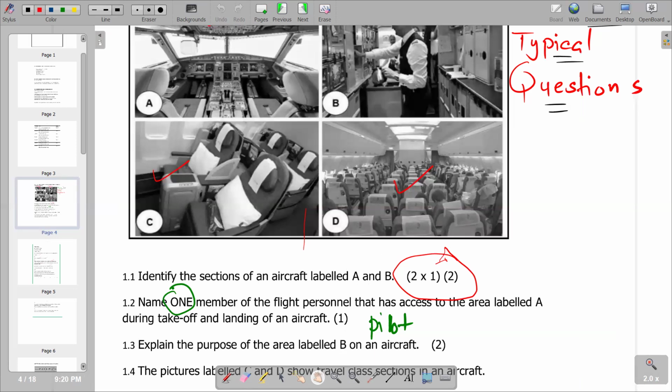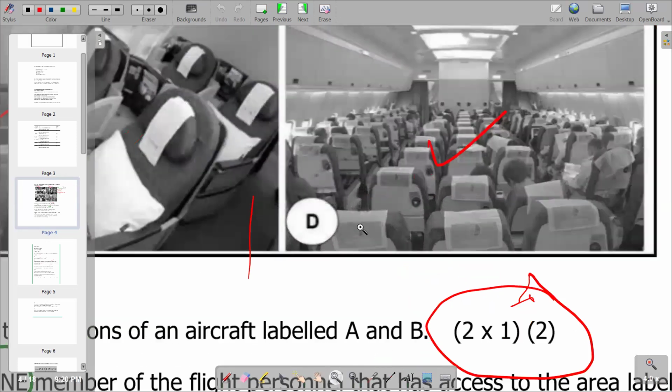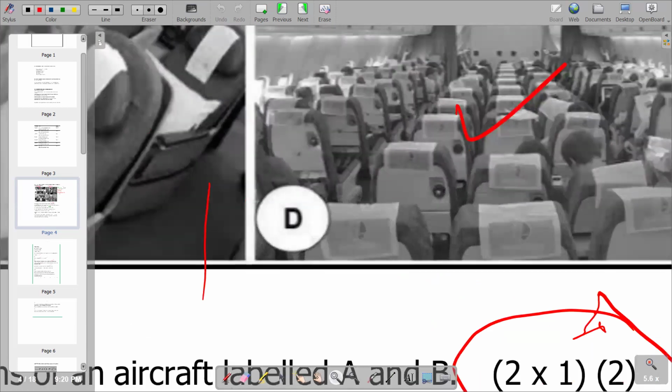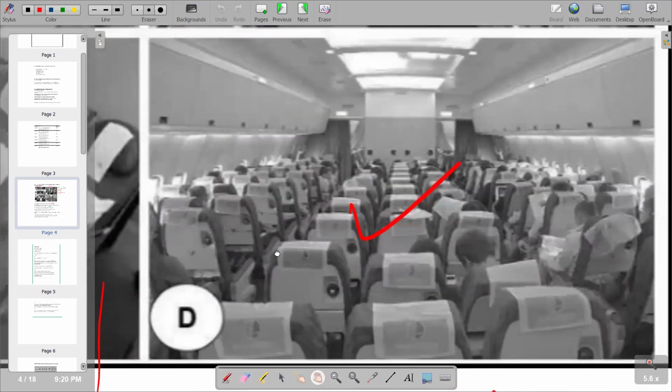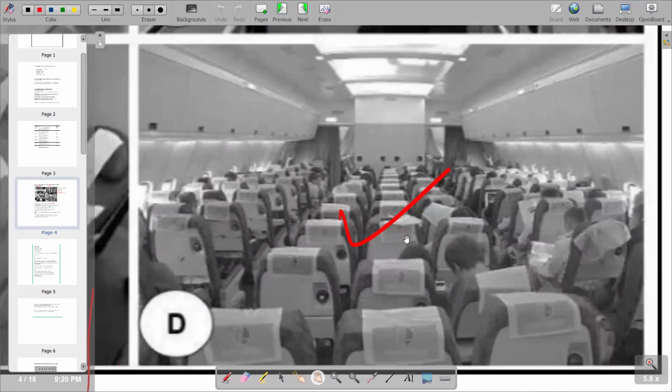We can maybe zoom it out so that we can easily see it. So this is our D, and we are seeing that it's a wide body. Remember, a wide body aircraft is also known as a twin aisle aircraft. By twin aisle, it means we have two aisles there, and an aisle is a passage that we have between